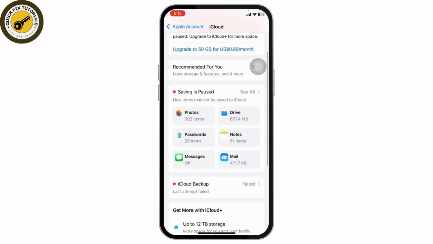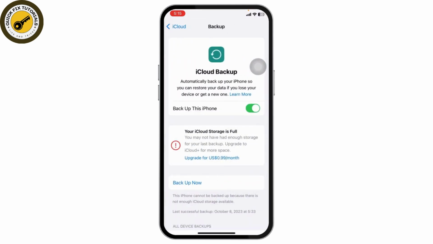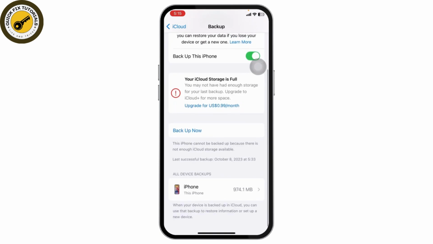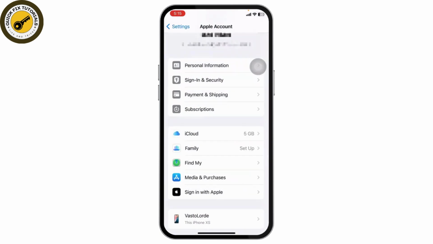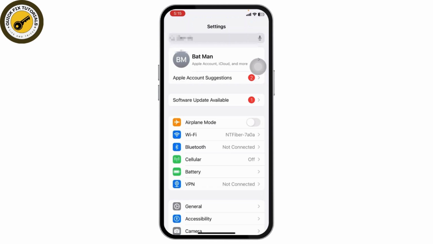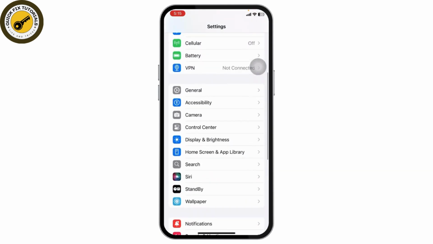Now after you've done that, you will need to back up your iCloud. Now make sure that your iCloud is backed up to the latest. Just check the date and make sure that you have backed up your iCloud. After backing up your iCloud, head back to your settings again, and then you can scroll down till you find